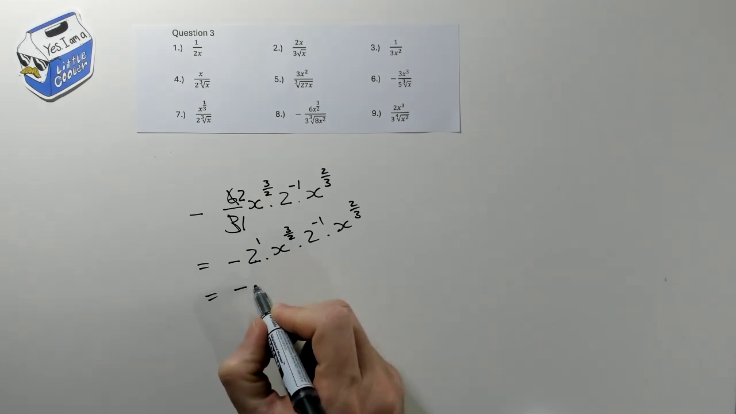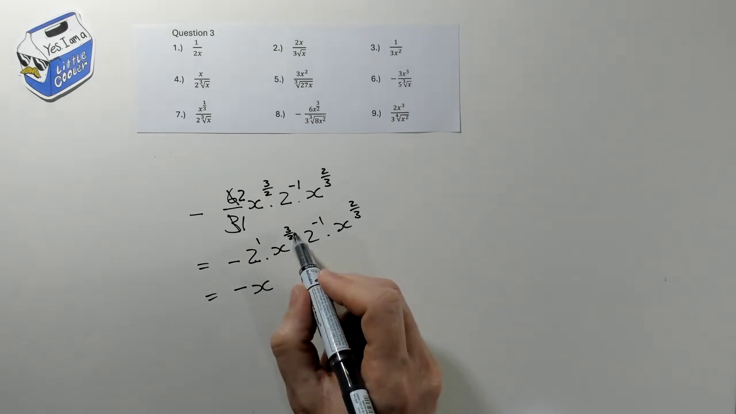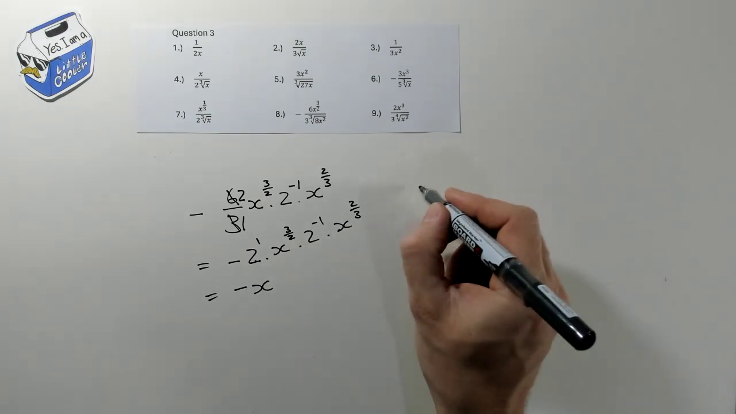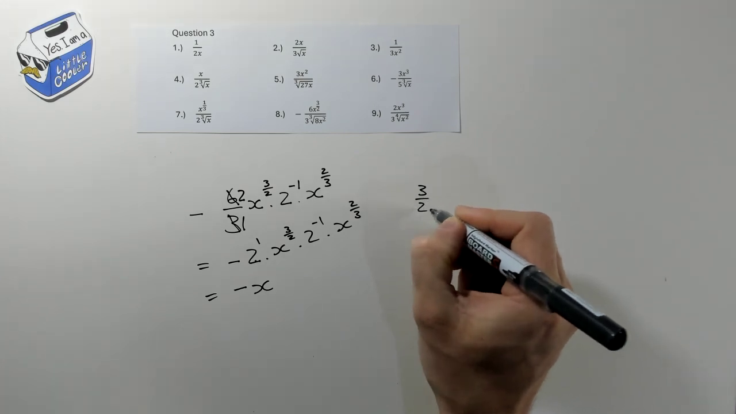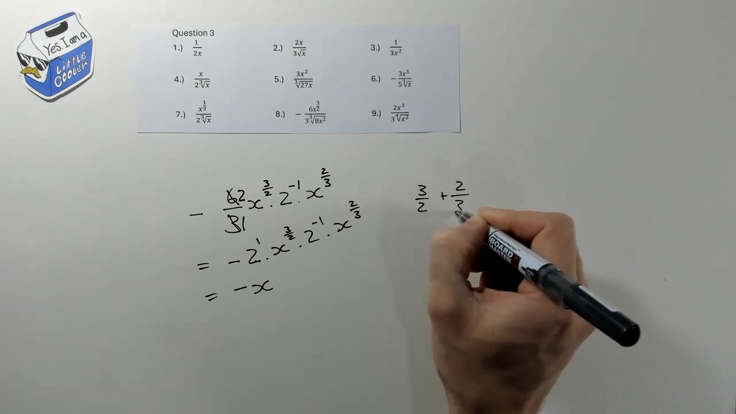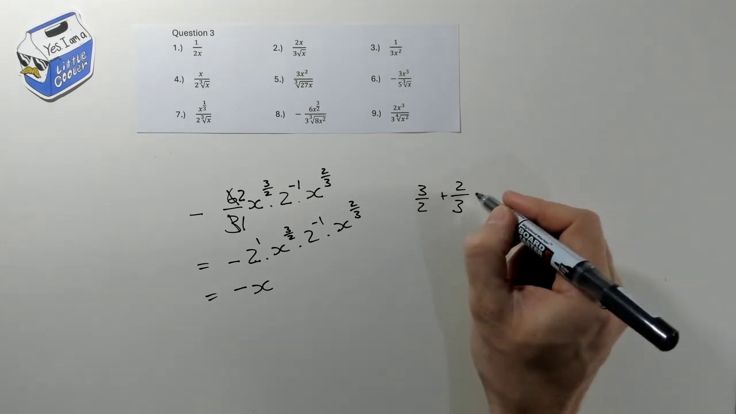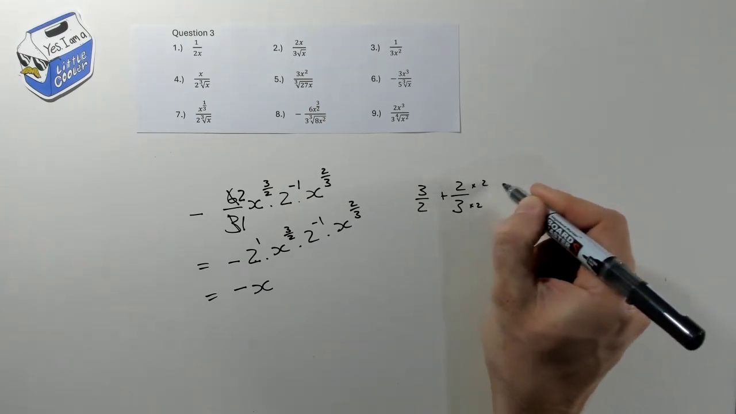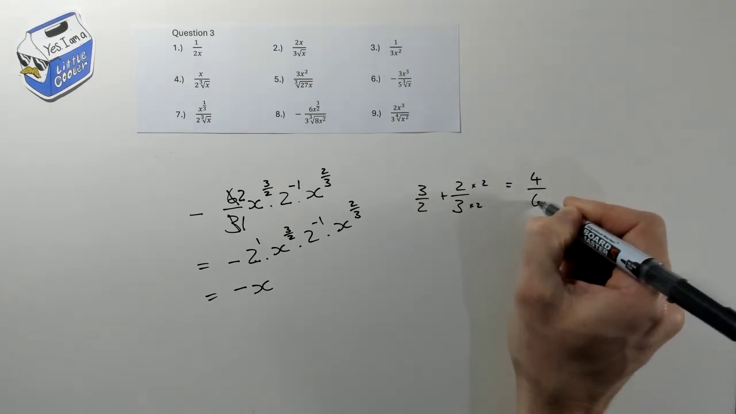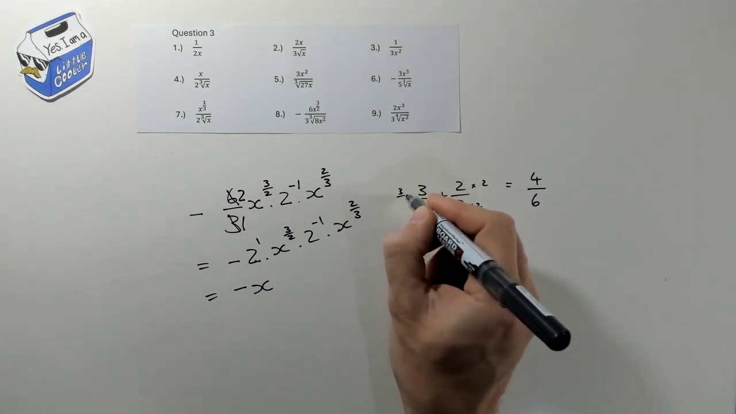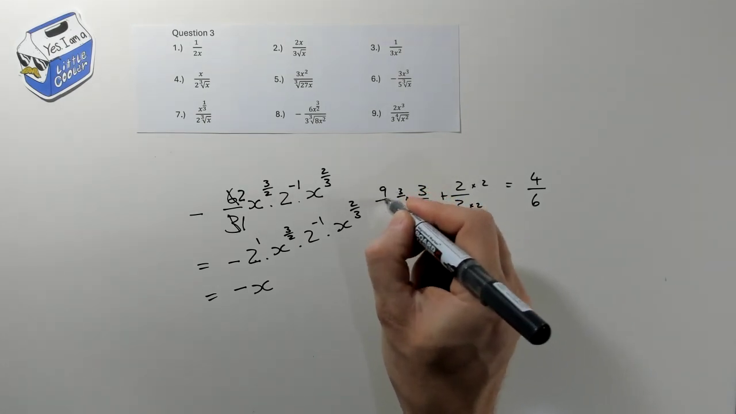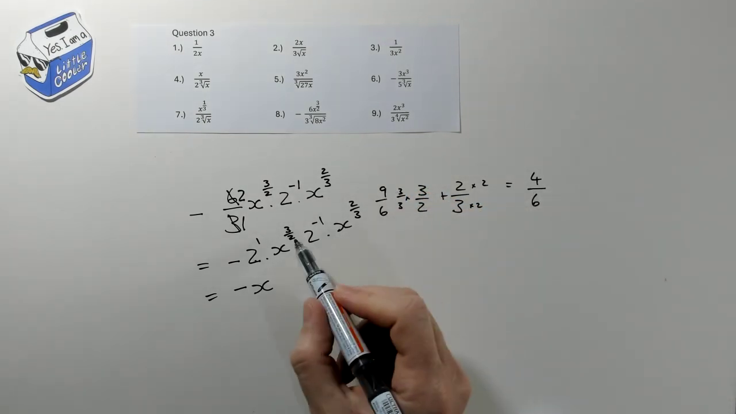And I'm left with a negative x, and now I just have to add these two things, but it's 3 halves plus 2 thirds, so I'll have to make them have the same denominator. Here I'll multiply both sides by 3, I'll get 9 over 6, and here multiply by 2 both sides, and I'll get 4 over 6, and